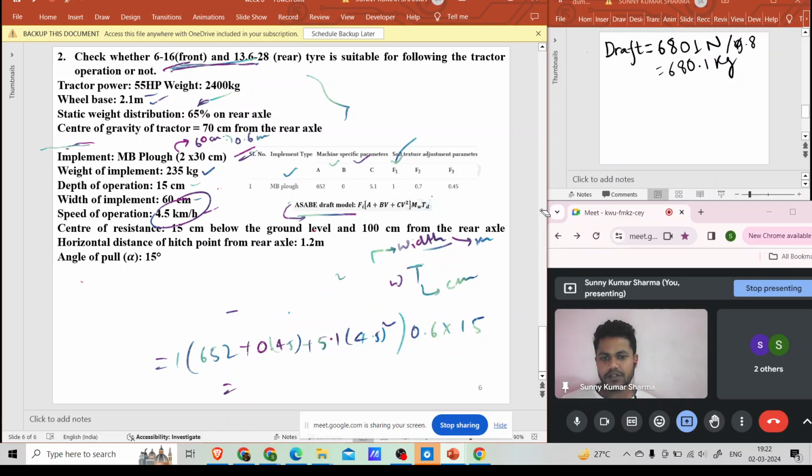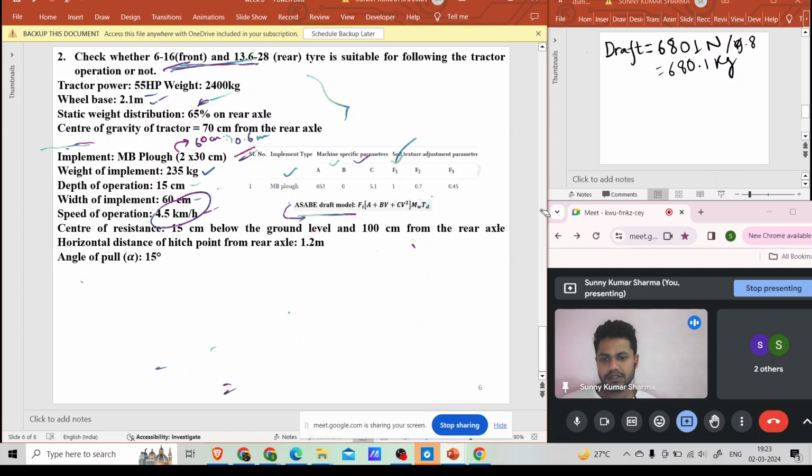From this draft equation, we have to calculate what is the dynamic weight coming on the front wheel, not the static weight. What is the static weight coming on the front wheel? Just 2400 kg into 0.35, because 60 to 65% is on the rear wheel, so on the front wheel it is 35%. You have to do the calculation and check